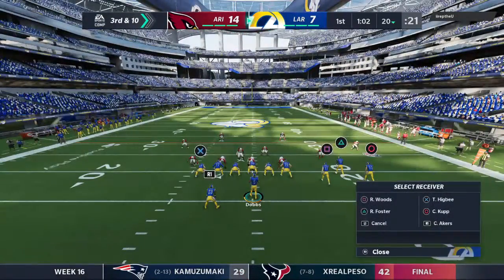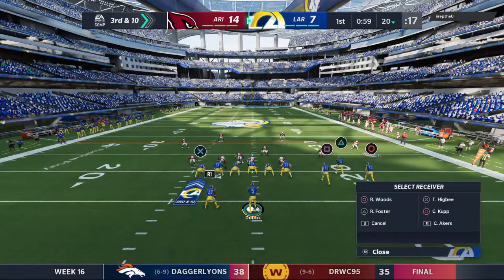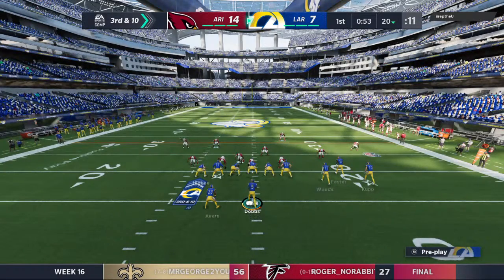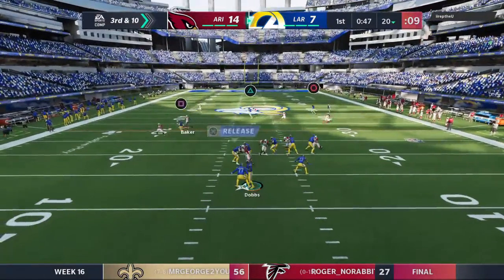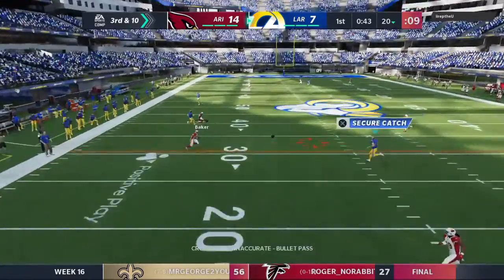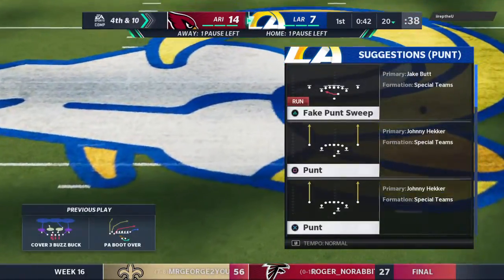The last catch took him 2 yards in the wrong direction, so now what can they do on 3rd? Off the play fake, here's Dobbs. Steps away to his left. And the throw there going to be incomplete. His defensive